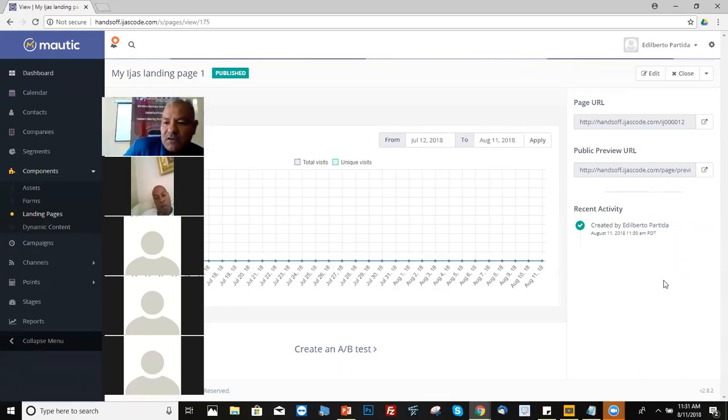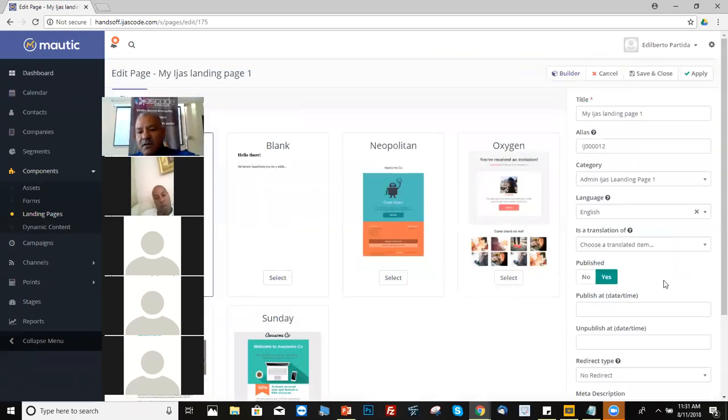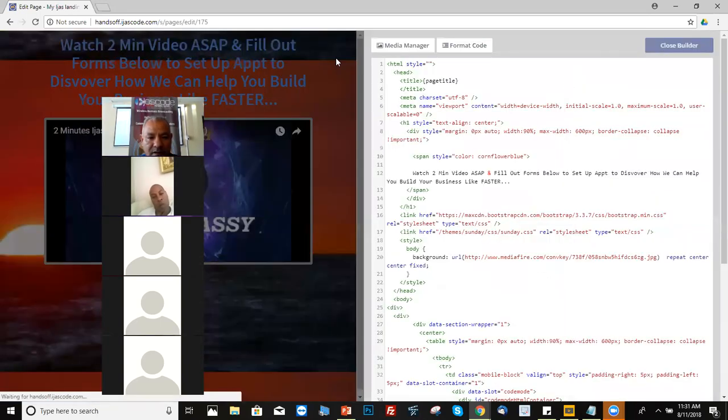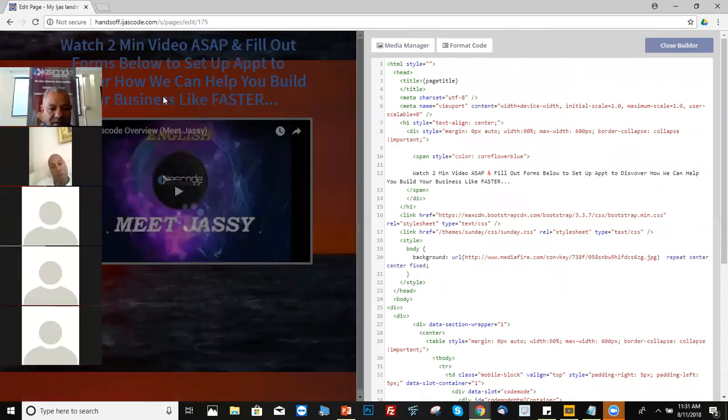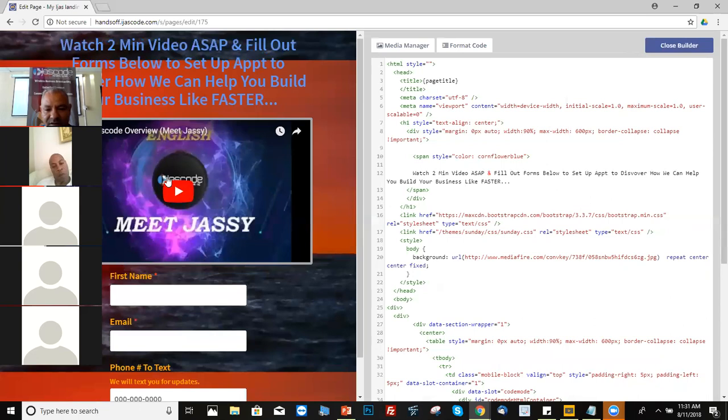Internet's a little bit slow, but it will open in a minute. All right, now, so remember, this is the landing page, so you just change the ID. Now, if you wanna make changes inside the landing page, the next step is click where it says builder. Click on it. And now you can see on the left side, you can see the landing page. On the right side is where you can make changes. Okay. For example, if you want to change this text right here,